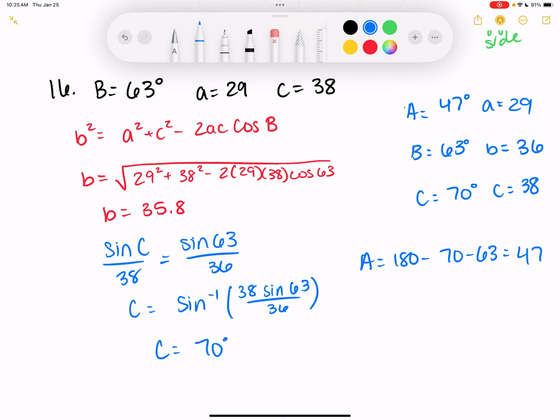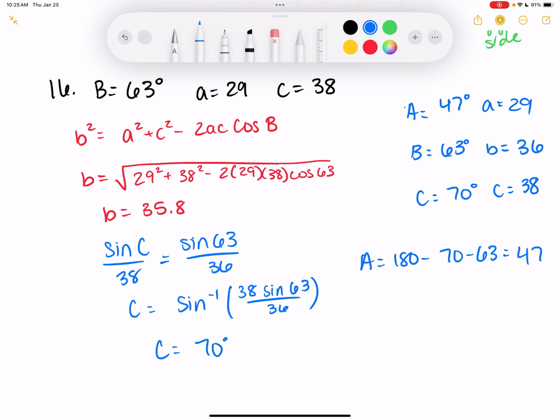The other thing I'm going to tell you while you're working is that sometimes if you don't do the angles in the order that I said, one of your angles is going to be off by a degree or so, or a side length might be off by 1 or so. I'm usually pretty lenient when it comes to grading as long as I see your work, because if you did this one, if you did the smaller angle first,